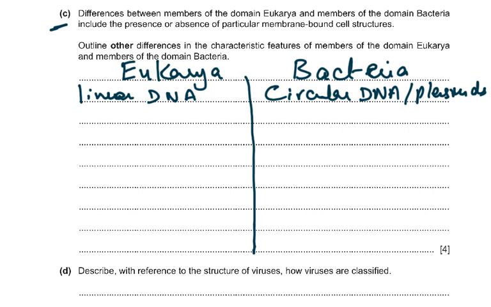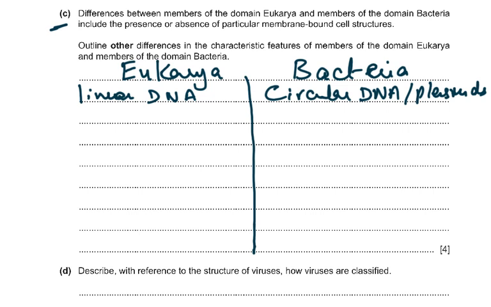Then Eukarya divide by mitosis. Bacteria divide by binary fission. Eukarya, some sexual reproduction. Bacteria is all asexual reproduction. Eukarya have 70S and 80S ribosomes. Bacteria only have 70S ribosomes. And Eukarya have cells more than 5 micrometres in diameter. Bacteria are unicellular, 1 to 5 micrometres in diameter. So a lot of points, and I'm sure you could have got all those points in,